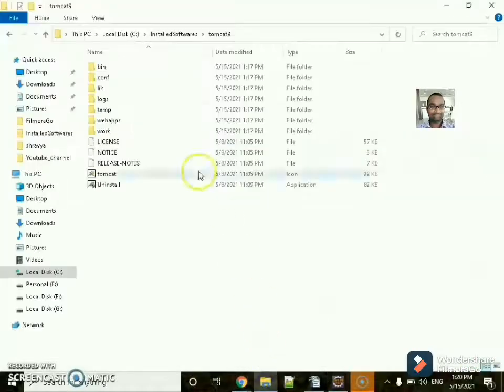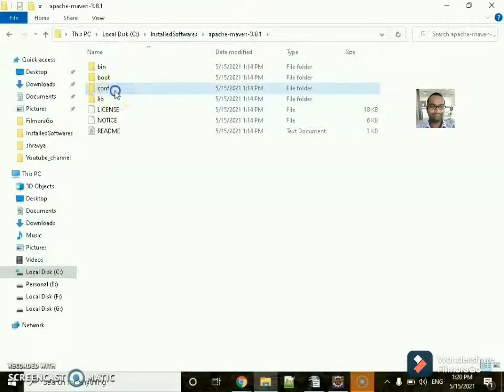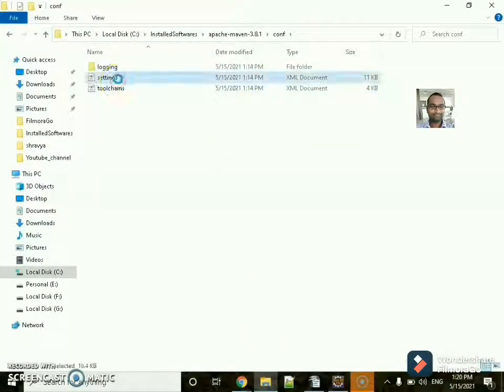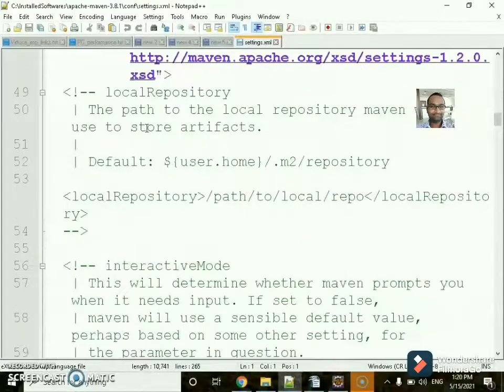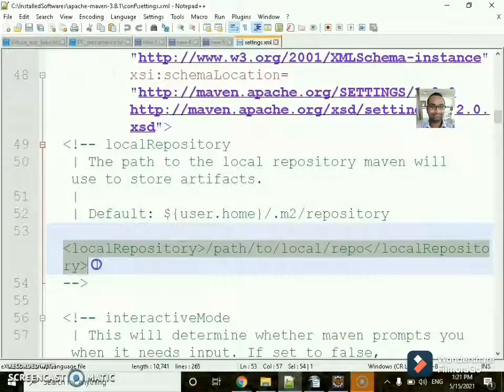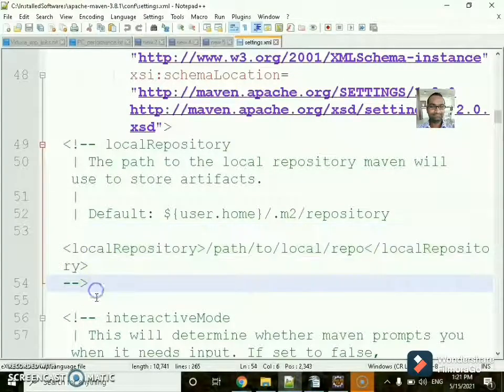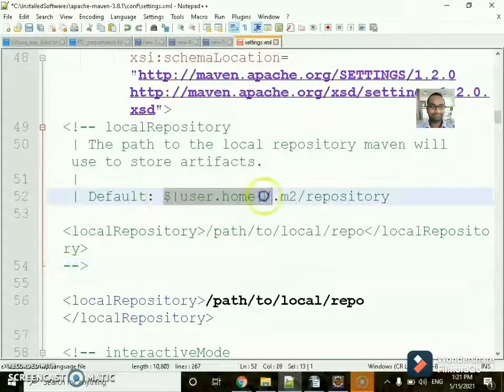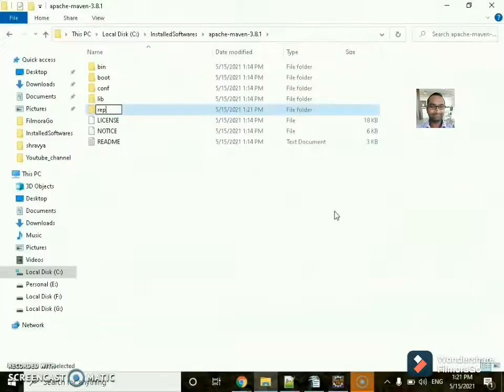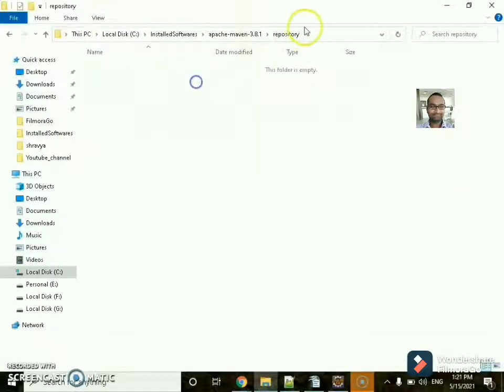So you can go to Apache Maven, go to conf, open the settings in the notepad, and in case you want to change the local repository location, take the local repository. By default it is pointing to the user home .m2 repository location. I am creating a folder called repository inside my Maven.